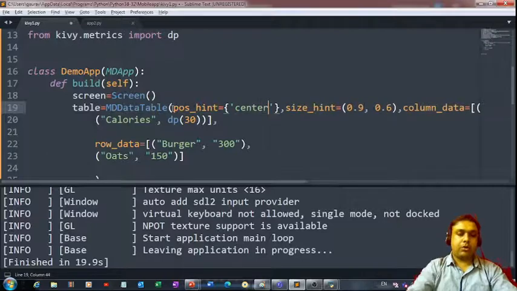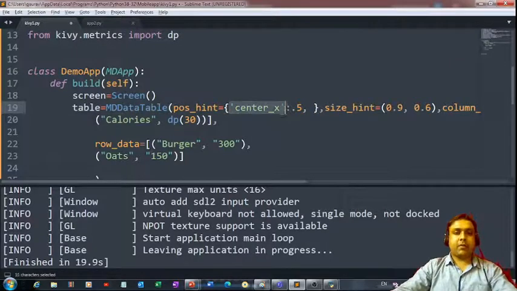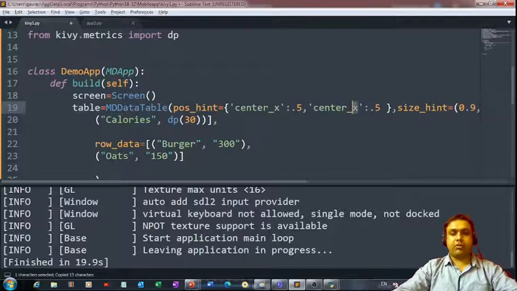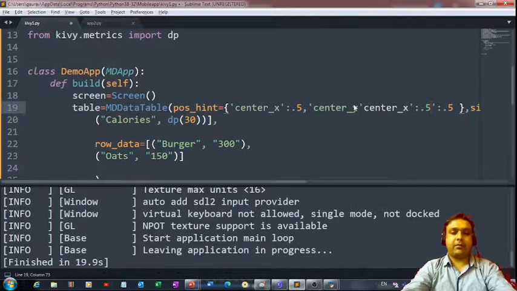So there are two things you can mention here: center underscore x. I'm passing it a value of 0.5 because I want to see it getting reflected in the middle of my mobile app screen. Similarly, to the other attribute, which is center underscore y, I am passing 0.5. Now if I save the code and run it, that's the output I am going to get.